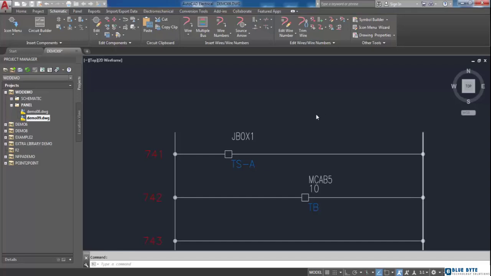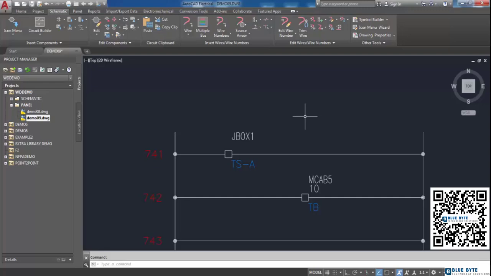The topic that I'm going to explain in this section is how to copy terminal block properties. Sometimes you need to copy properties of a terminal and assign them to other terminals. I'm on this demo file and here I have two terminals which I had inserted before, and I'm going to